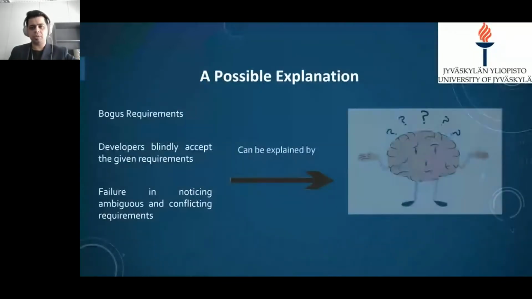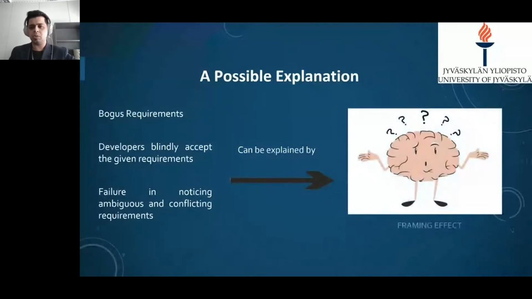So we observed the following reasons. Most of the requirements were deceptive and ambiguous, and the developers immediately accepted the requirements without critically analyzing those requirements. So we speculated that the way in which these requirements were presented affected developers' cognition. This could then be explained by the framing effect, which is a type of cognitive bias. So overall, we wanted to investigate whether designers might be fixating on specifications when they are framed as formal